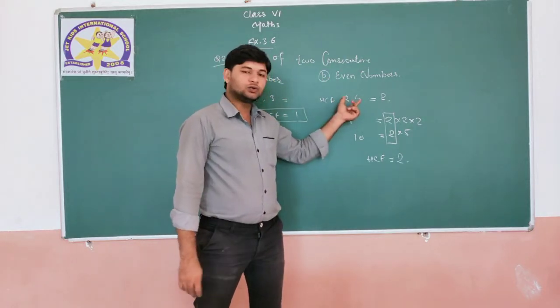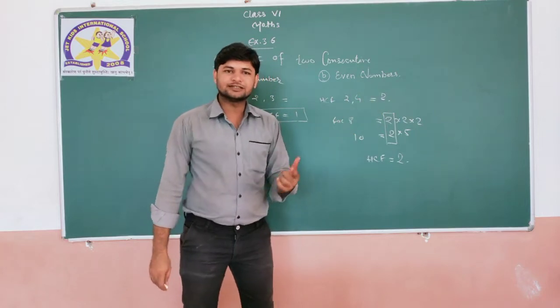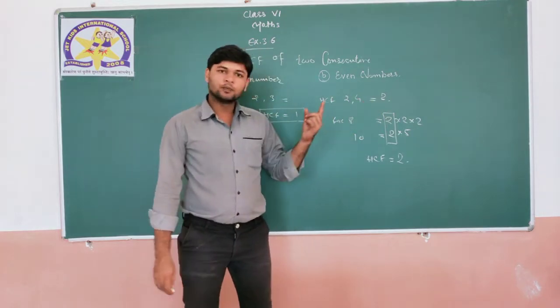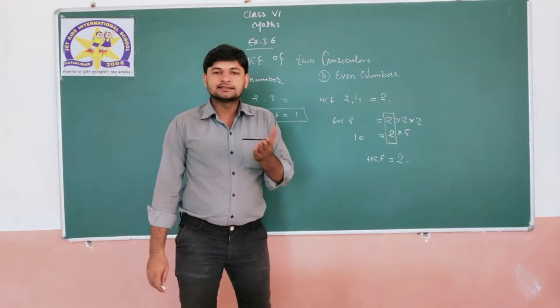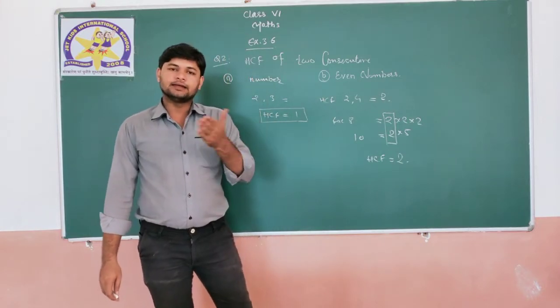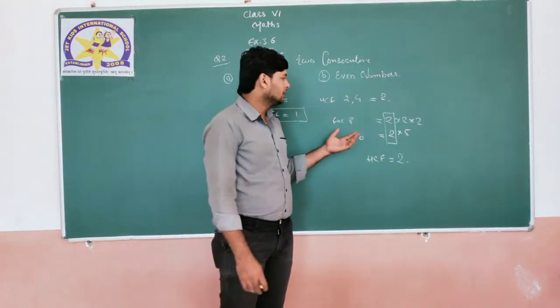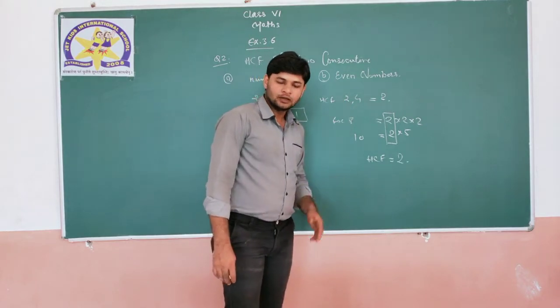two consecutive even numbers. We cannot take 2 and 6. We need to take consecutive: 2 and 4, 4 and 6, 6 and 8, 8 and 10. We cannot take 4 and 8. Clear? So,